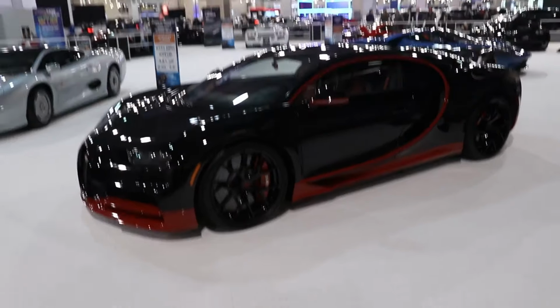Honorable mention for sure, the Ford GT. It's 647 horsepower out of a 3.5 liter V6. That's absolutely insane. The engines are getting smaller and the power is just getting more and more. But this car,